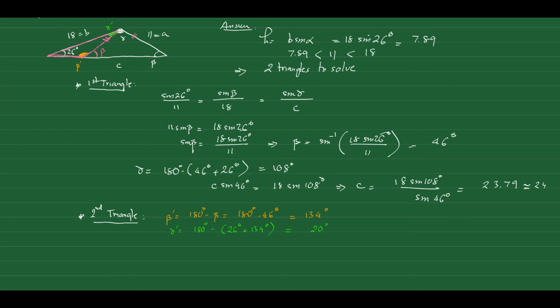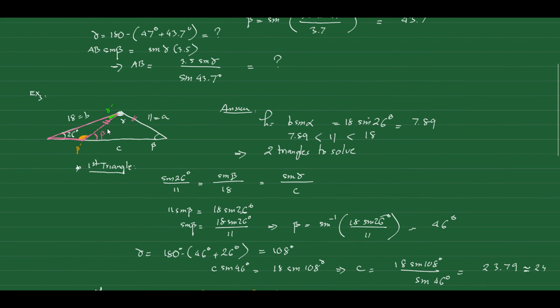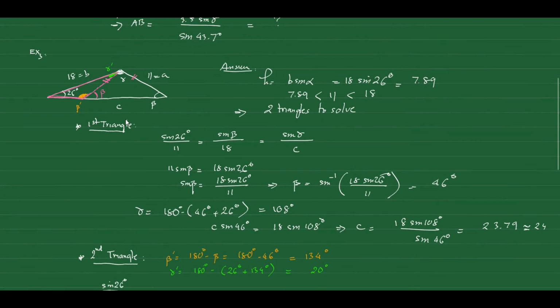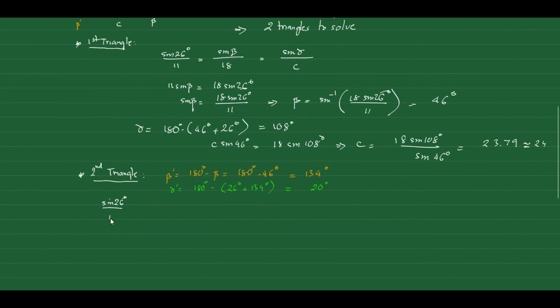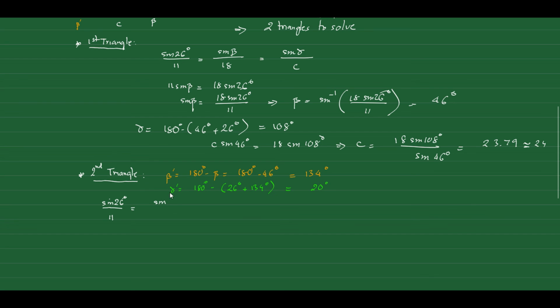We're gonna have sine of 26 over, this is isosceles, so over 11, equals sine beta prime, 134, over 18,